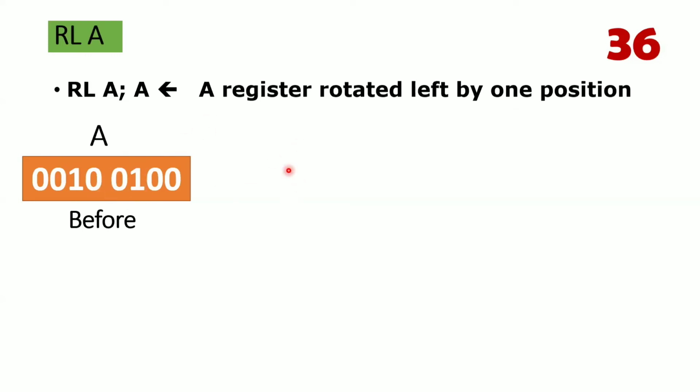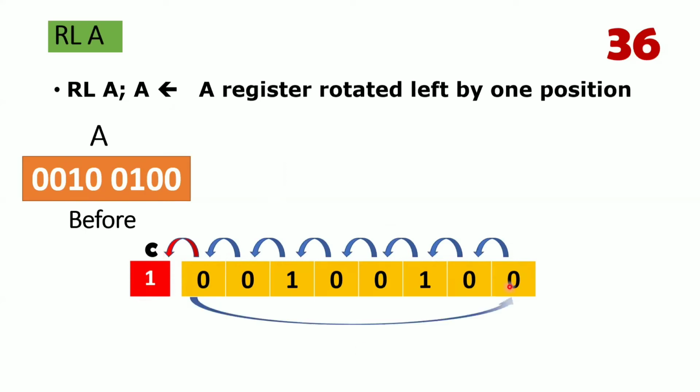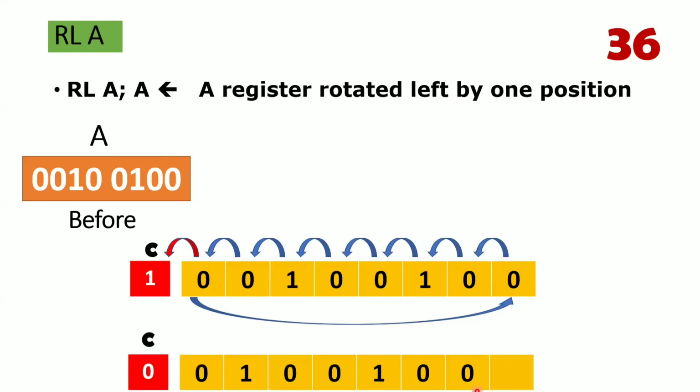Now after performing the rotate left operation, you can see what will happen. Whenever you want to rotate the bits left, you shift the bits to the left position by 1, like this. Here this is the LSB and this is your MSB, right? So whenever you perform a rotate left operation, shift the bits from the LSB to the left, and the last MSB bit will go to the carry flag, and the same bit will go to your LSB. Now see here, the bits are shifted.